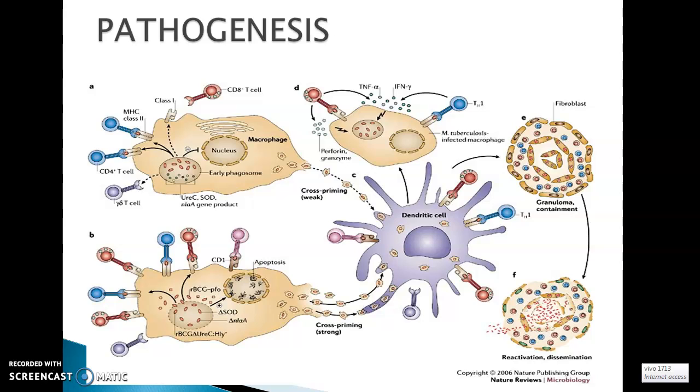So next, about its pathogenesis. The organism can affect any part of the body, but the primary site of infection is the lungs. When the patient coughs or speaks, the organism enters the environment and remains in the air as droplet nuclei, and then other persons inhale these droplet nuclei. The organism reaches the lungs through the respiratory tract and then gets colonized there.